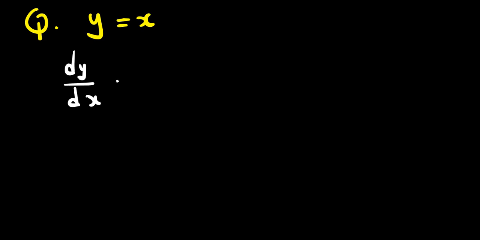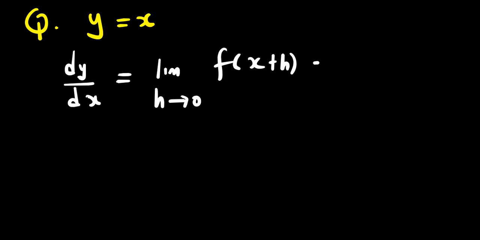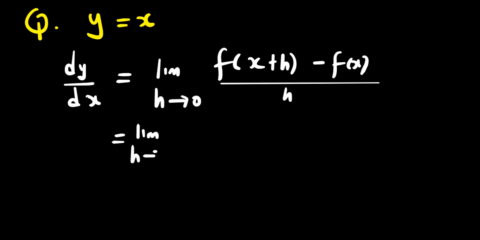Let's have an example. What if our question is, let's say, y is equal to x. Then they've told us to differentiate using first principle. How are we going to solve that? So we're going to say dy with respect to x, or dy/dx, will be equal to the limit. Allow me to write the formula first. Always write the formula first. So you have f of x plus h minus f of x, the whole expression over h. So how are we going to solve this? We're going to say the limit as h is approaching 0,